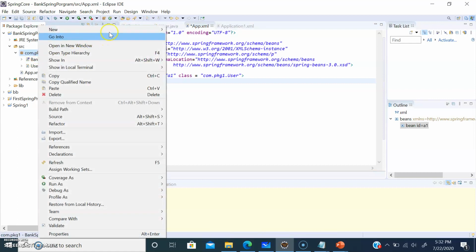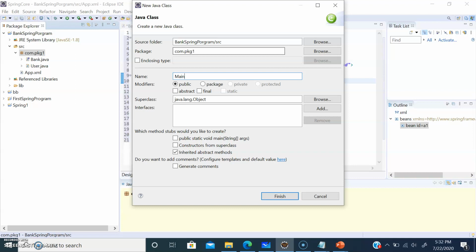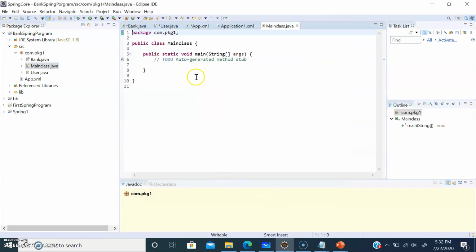Let me create another class. We need to create an object of class ApplicationContext.